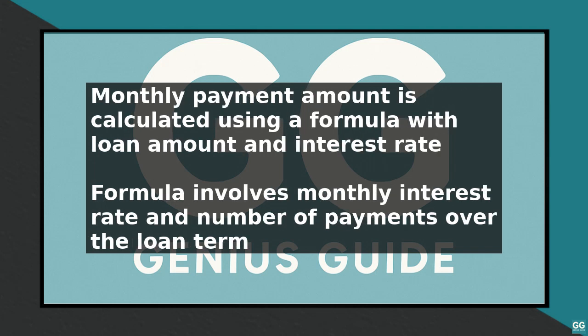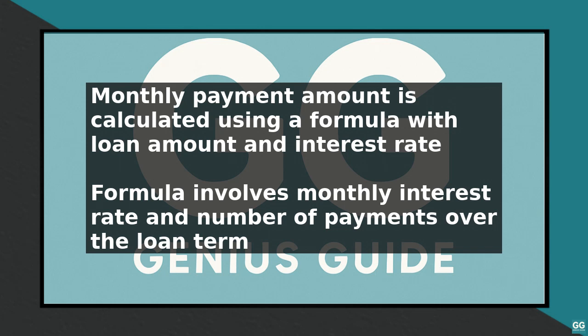Next, you can use a formula to calculate the monthly payment amount. The formula is M equals P R (1 plus R) caret N slash ((1 plus R) caret N minus 1), where M is the monthly payment, P is the loan amount, R is the monthly interest rate, and N is the number